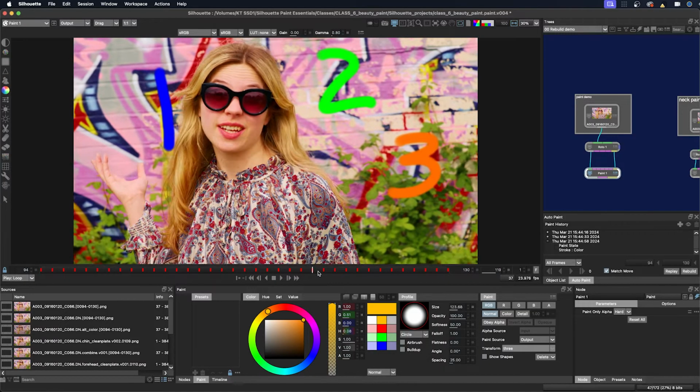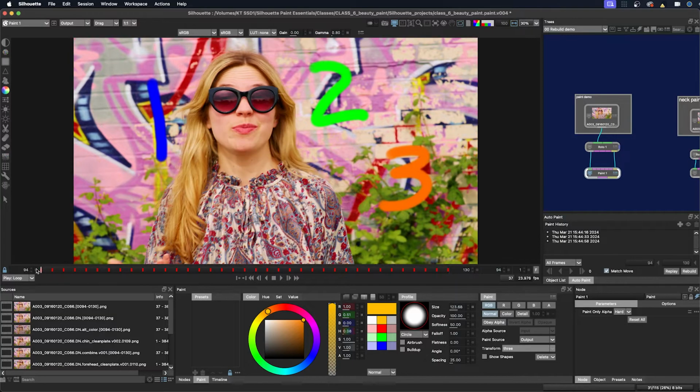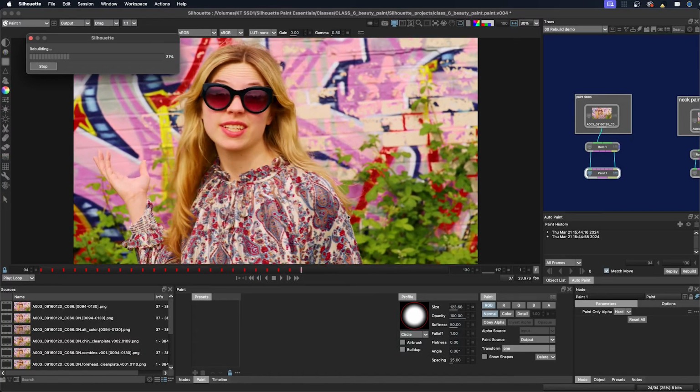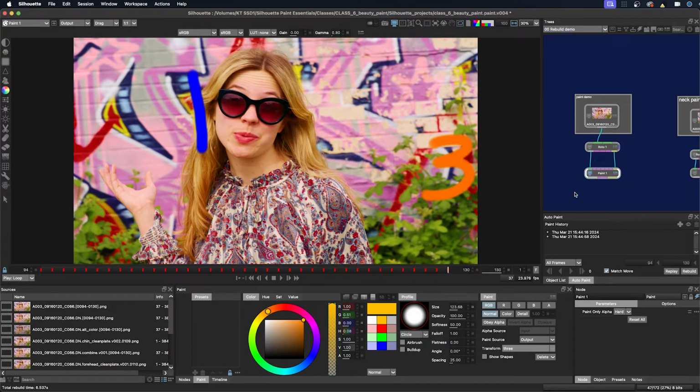So now if I'm painting along and I decide I don't want this 2 in my shot, what I can do is select that and rebuild. If I click on this and delete it, I can click rebuild, and now it's going to rebuild my shot without the 2. But first it has to go and rebuild everything else before that. So it has to go back and repaint the 1, delete the 2, and then repaint the 3. So just keep this in mind if you have a lot of paint strokes. If you delete something that's not the last thing you painted, you'll still have to go through this rebuild process.